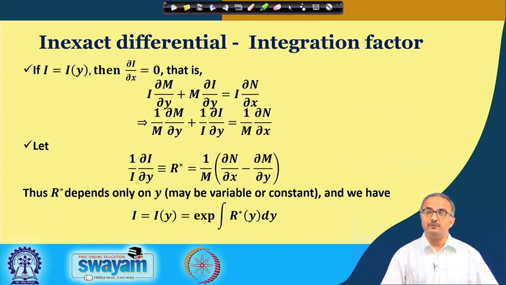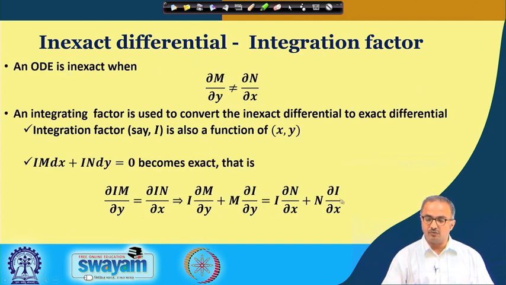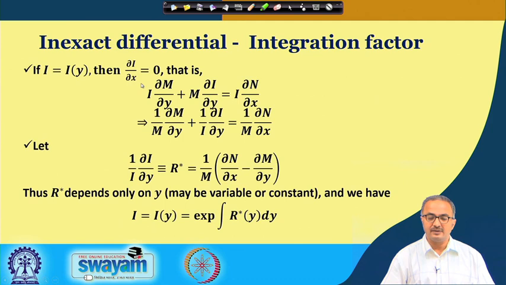Now, we have to also see that in all situations it may not be a function of x, it may be a function of only y. So, let us take that situation. It is similar to what we have done just earlier. Here, if we have I as a function of only y, then dou I by dou x will be 0. Again, going back to this particular equation, we take this particular term as 0. Then we find that we have this equation. Again, we divide this whole equation by M I, and then we get this equation, and we retain this term on the left hand side and take this term on the right hand side.